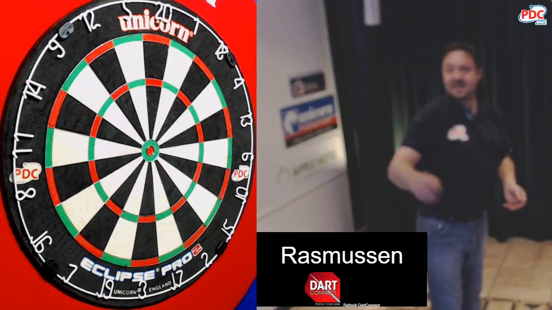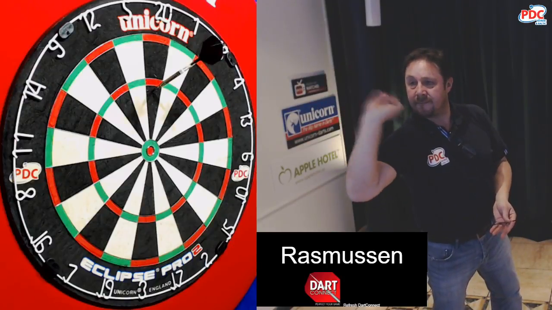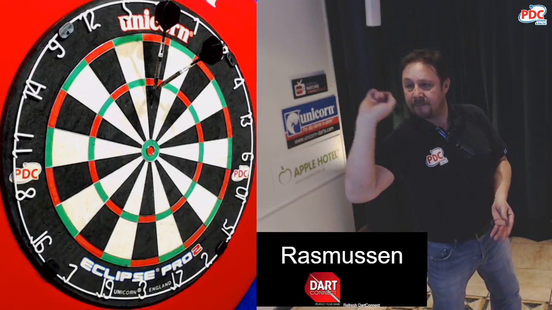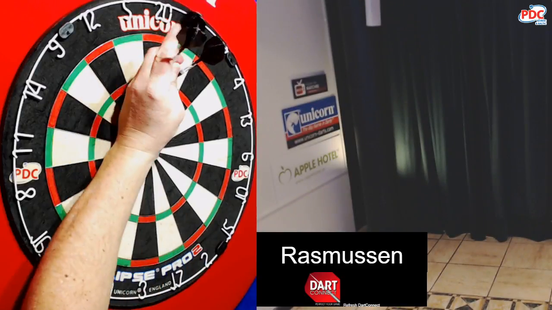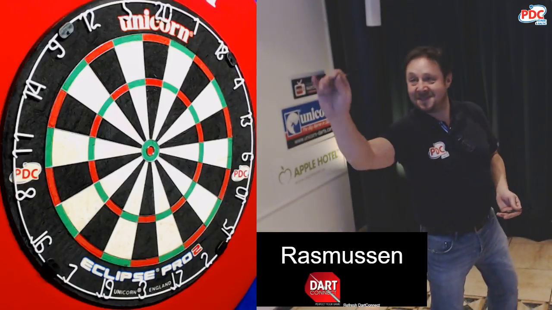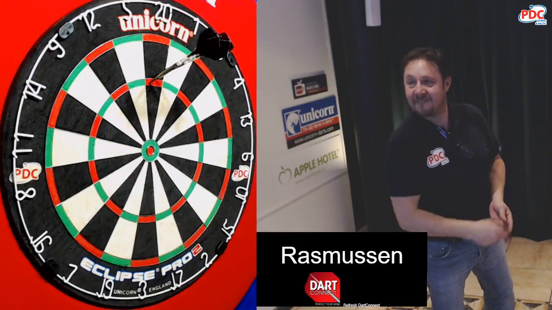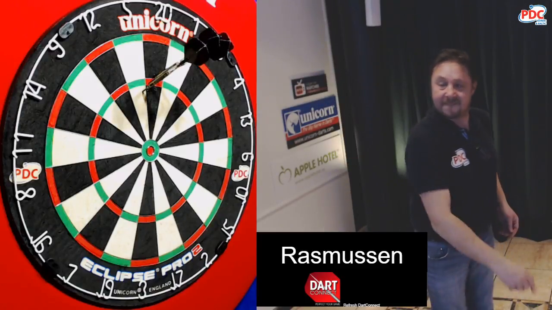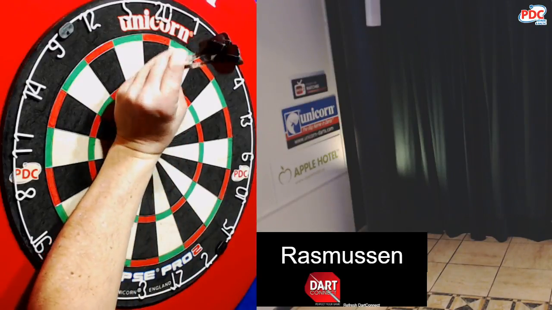Now I'm going to go all the way back to the game, load back the game. And let's just say in this case that, so now we're on 30. If all 3 darts go off the board, so there's no score, you would simply enter